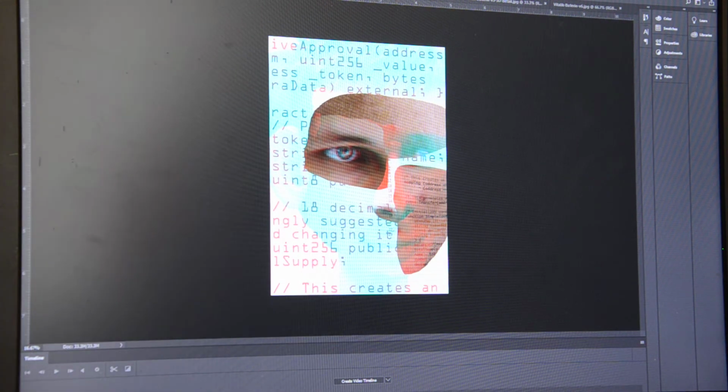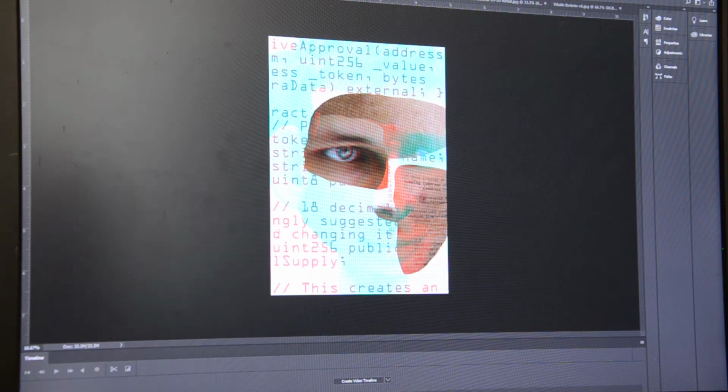Hi, this is Coldie, and I wanted to show you some of the progress I've been making on my decentralized portrait series. In this part, I'm going to talk about the creative process and what happens when you're going from